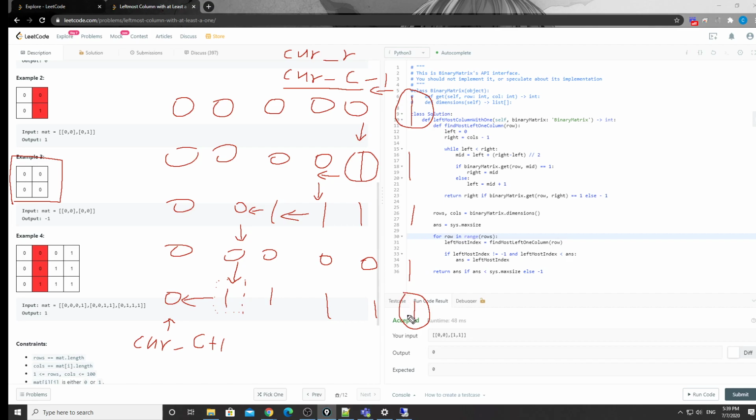If we see a one here, we go left, and then if we see a zero, we go up, right? Same thing. We can either start from here or from here, right? Okay, cool. Anyway, I'll just code assuming we're starting from this top right corner, and let's take a look